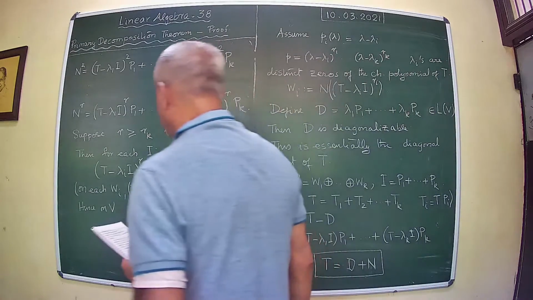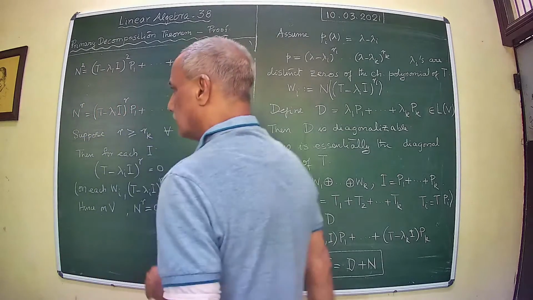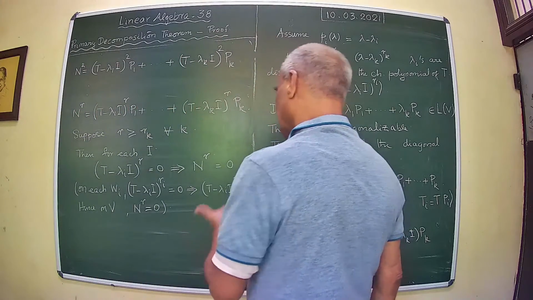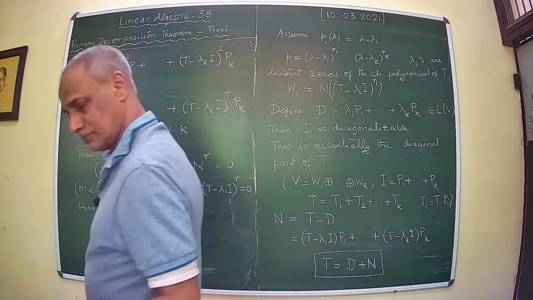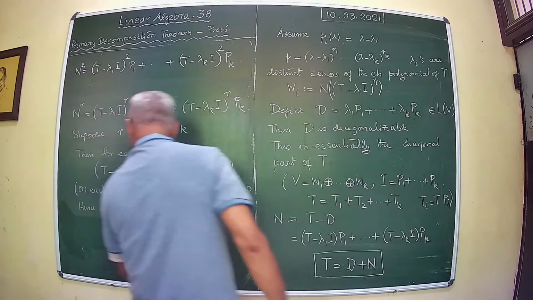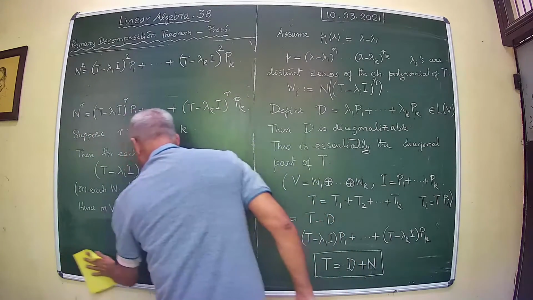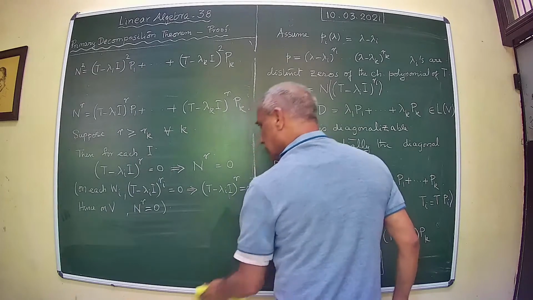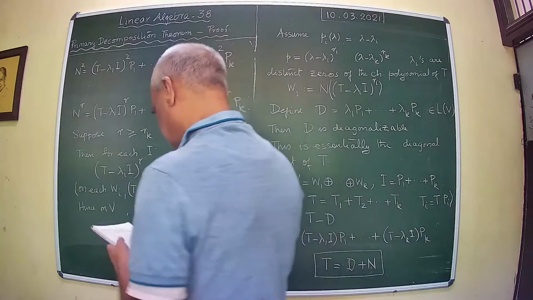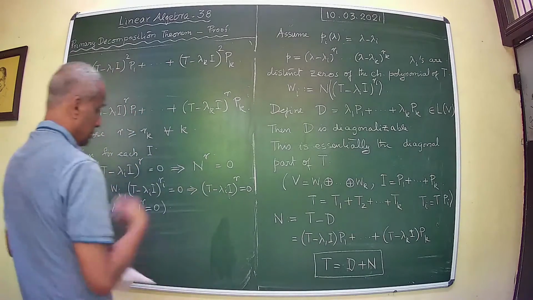B minus lambda I to the power r equal to 0. Now, so the